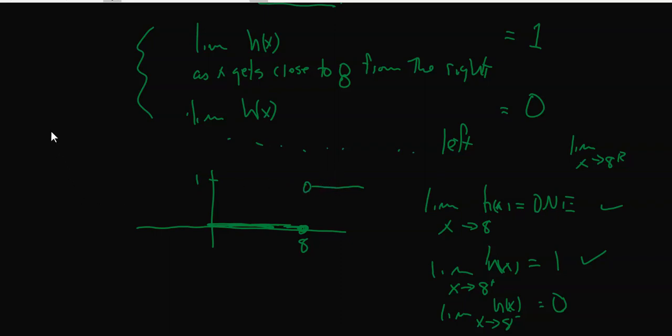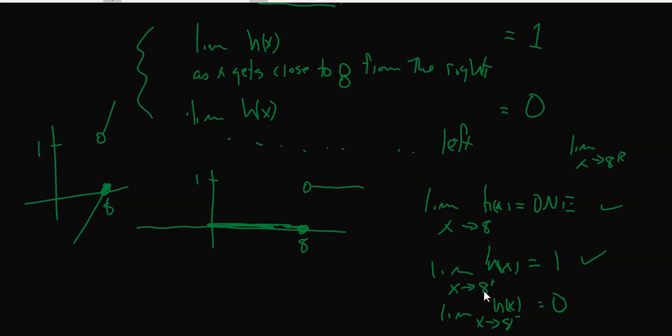But if we had a picture like this, at 8, suppose it looked like this. Here's 1, and then we had this. By the way, I drew this wrong. I should have had open here and closed there, but anyway, I'll leave that. So here we'd say it's getting closer and closer to 1. It wasn't equal to 1. Here it's always equal to 1. So it sounds a little strange to say it's getting closer and closer to 1 when it's actually equal to 1. But anyway, ignoring that problem,